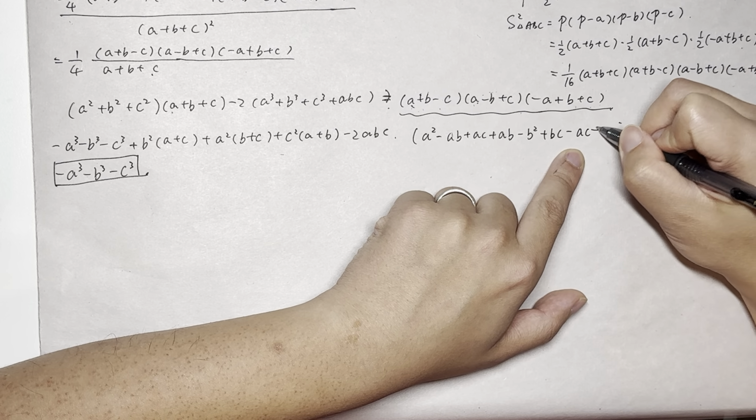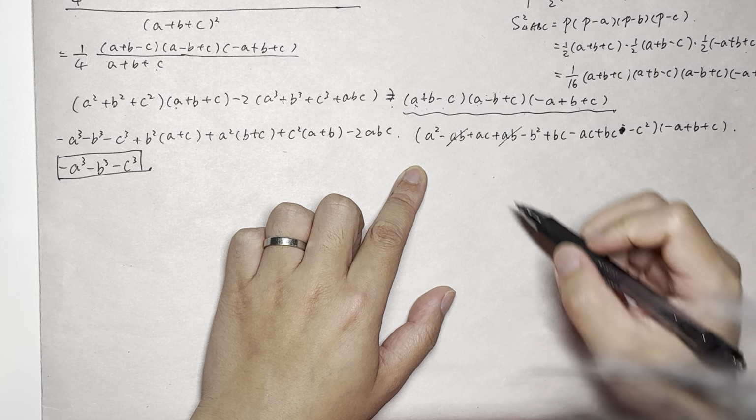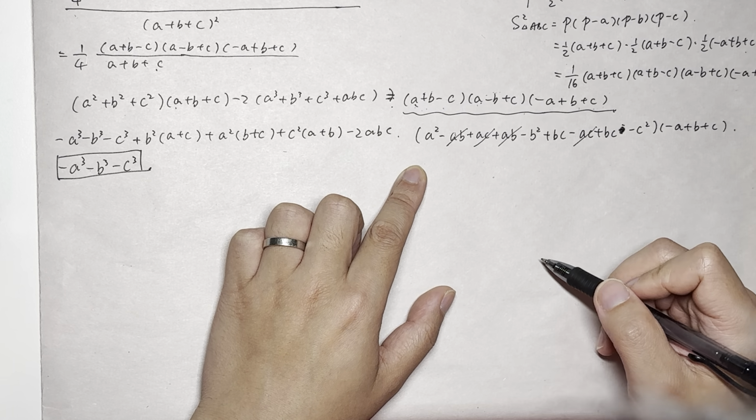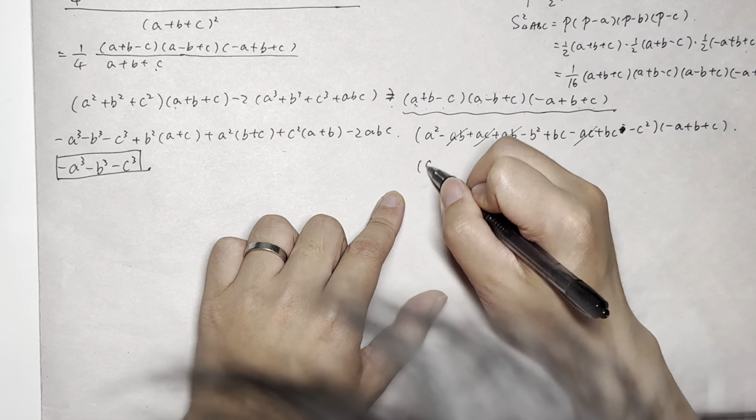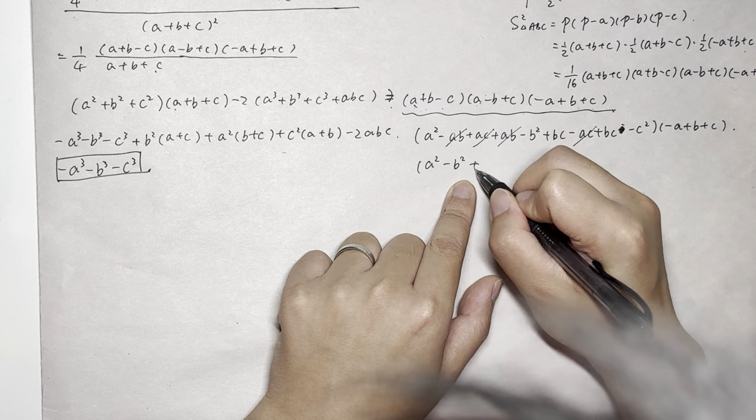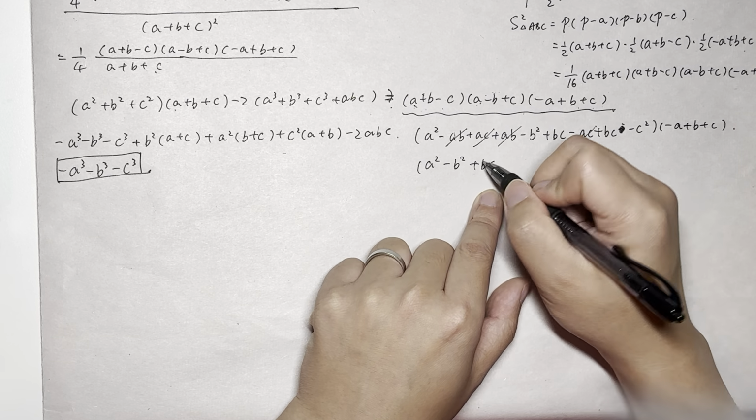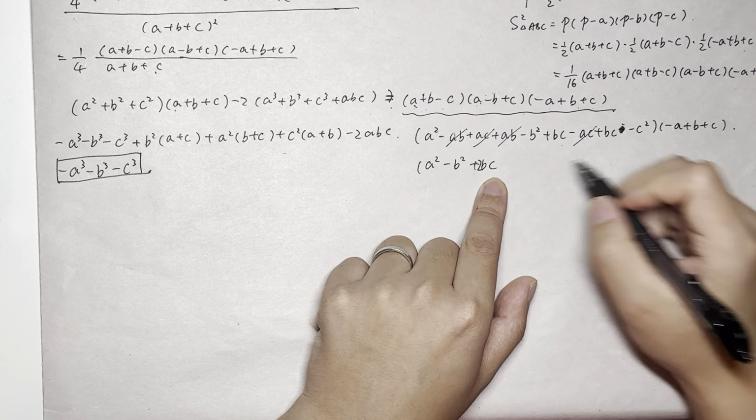So here ab cancels this ab out, ac cancels this ac out. The rest part would be a squared minus b squared plus bc twice minus c squared, right? And times (minus a plus b plus c), so it equals